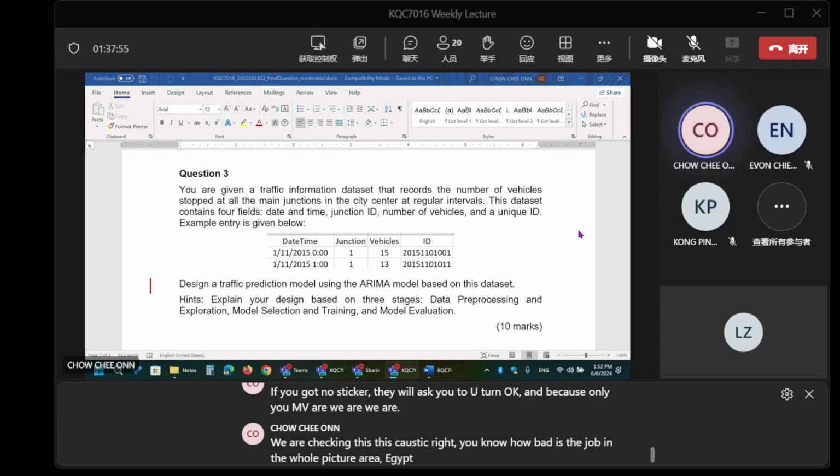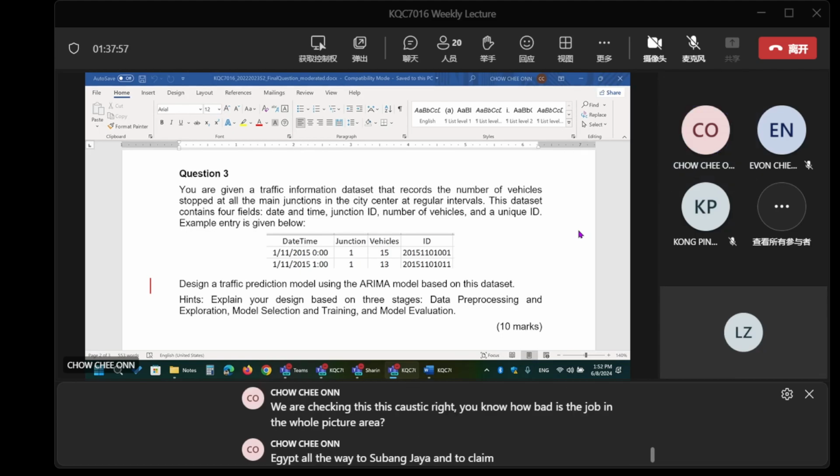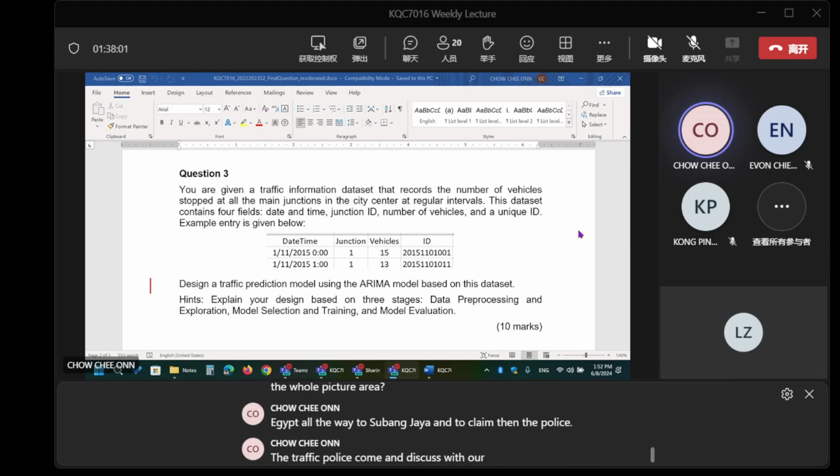It jammed all the way to Subang Jaya and to Klang. Then the traffic police came and discussed with our TNC and said, you cannot check car stickers. You have to let the cars in. Because there are many cars, they just use a shortcut from KL to PJ. If we block that, it actually affects the whole Selangor.